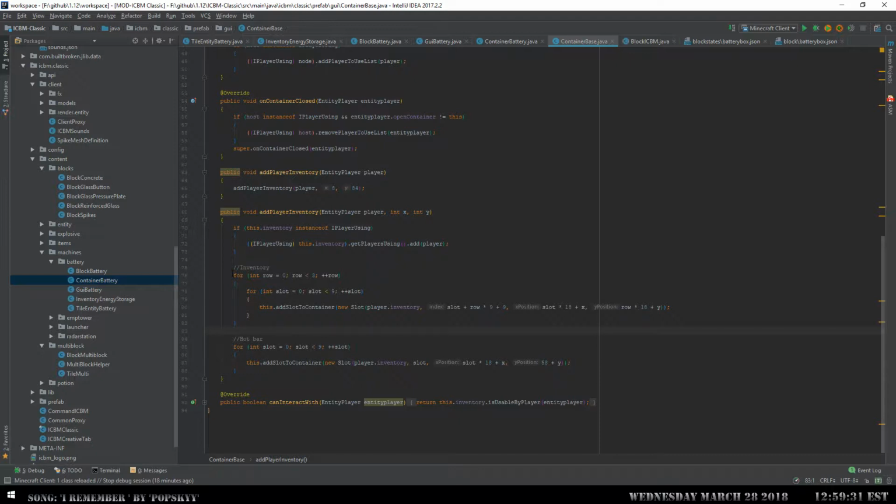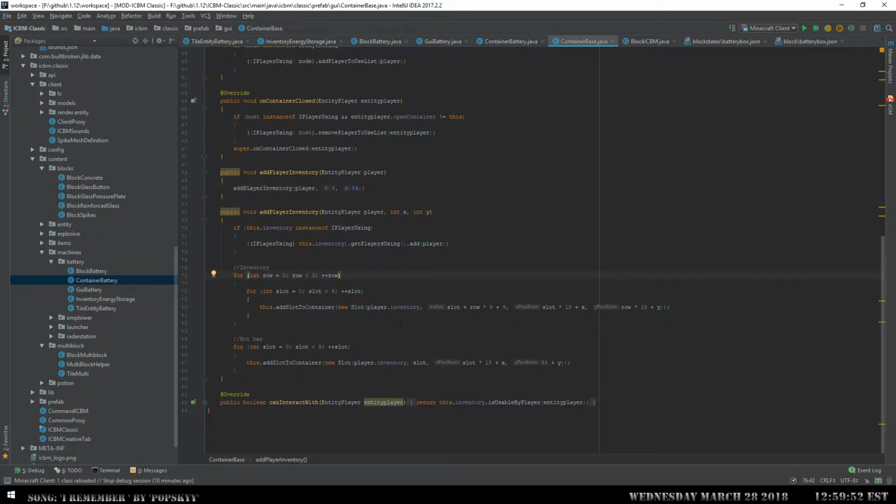This is just a mimic of the vanilla behavior, so the vanilla behavior just makes it look like this is how you end up with your standard GUI inside the chest and everything else. The chest does do something a little different though. It does actually move it up and down. This is why we have the X and the Y here, so I could do the same exact thing in my GUIs, but by default this is a good position for your GUI or for your player inventory slots as